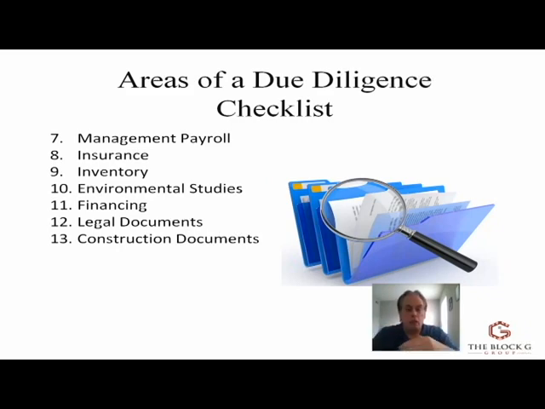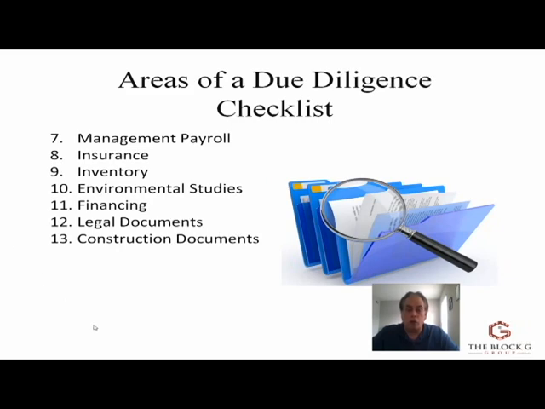So again, these are things you ask for and get your seller prepared that this is what you're going to look for. And a lot of this you'll put in, just like I put here, these 13 things in the LOI saying, here's what we're looking for. You don't have to explain it, right? But get the seller on notice to say, hey, this is what we're looking for. This is where we need to go with this conversation because we're looking at getting this stuff done the right